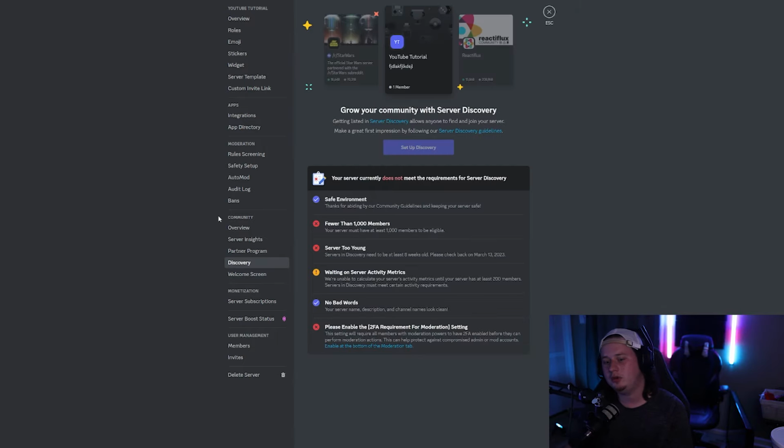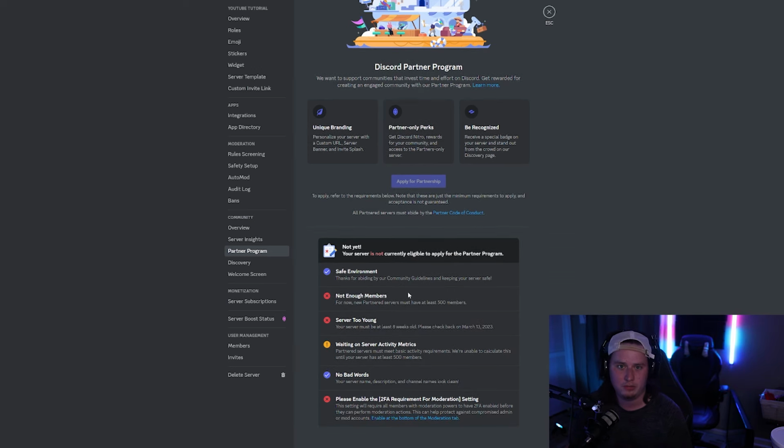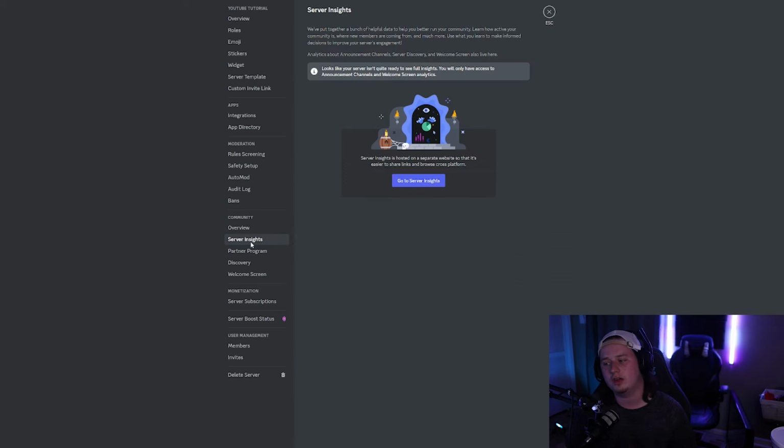Now for being a community server, there are some other cool features you'll get access to, but you won't get them right away. For example, the discovery tab. Basically what this does is it puts your server on the server discovery page where users can organically find your server, and you can try to grow your server organically through Discord. Now you'll see down here at the bottom, obviously as a brand new server, we're not gonna meet any of these requirements like 1,000 members, and the server needs to be at least 8 weeks old. And you also have access to the partner program, which again, you have to meet certain requirements for. And then lastly, you also have server insights, which is basically just gonna be a bunch of analytics about your